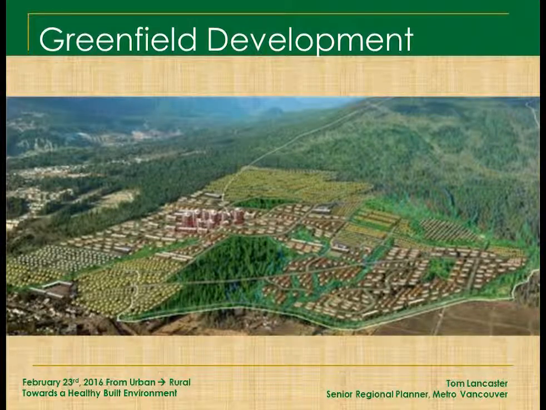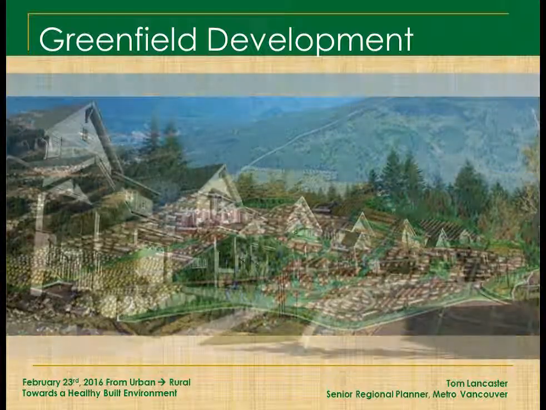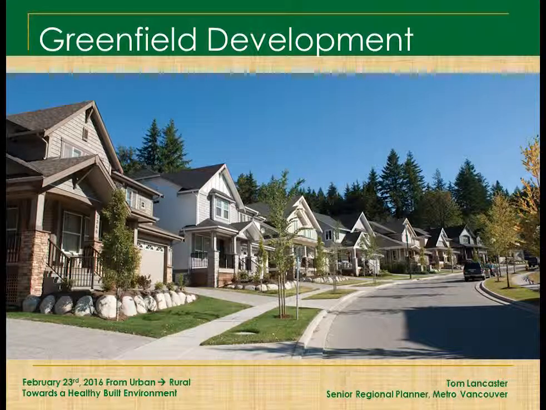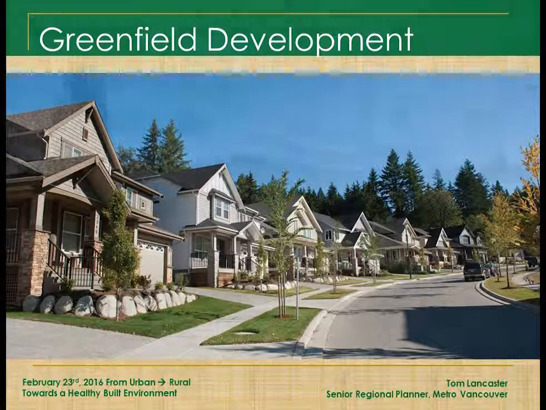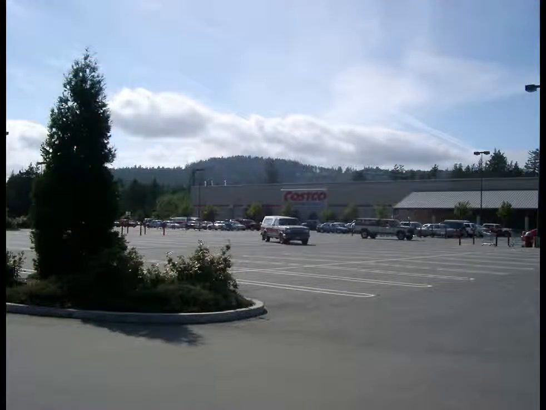This is one of the slides I threw in at the October presentation, and it's out in Coquitlam, and it's the development on a mountainside. Well, you can't get much more Greenfield than that, but it ends up in this kind of urban form. So really quickly, you have large parking lots with single-use buildings. So you go there for one thing, and you leave. You get your 600 rolls of toilet paper and maybe a hot dog at the Costco, and you're gone.